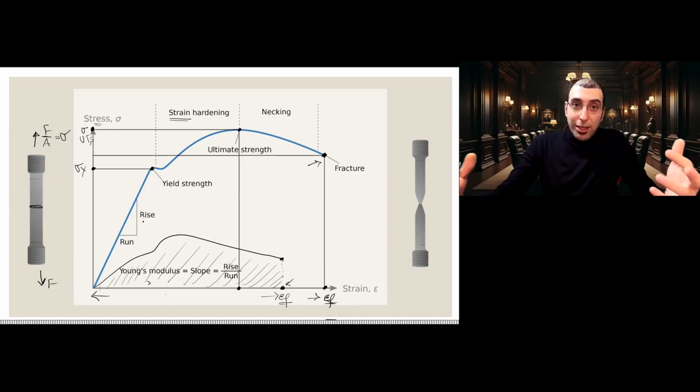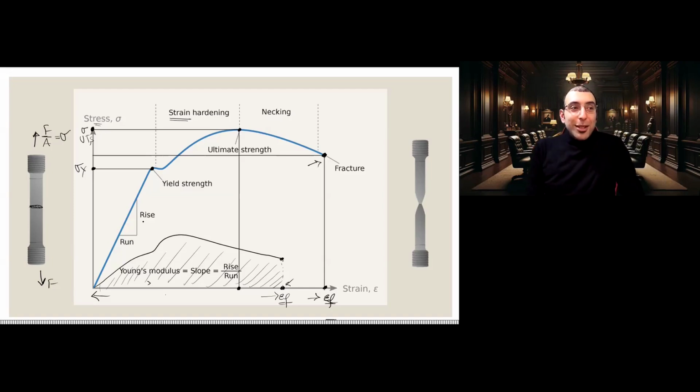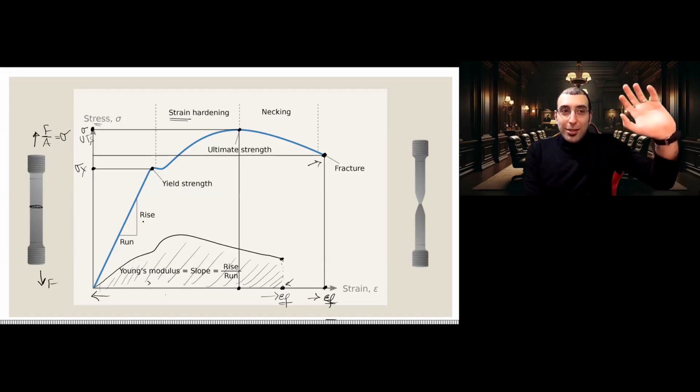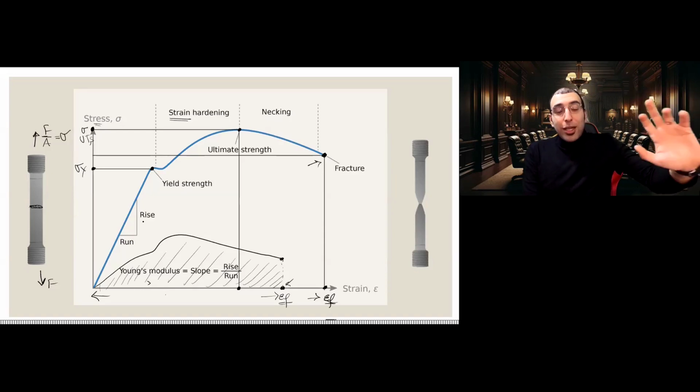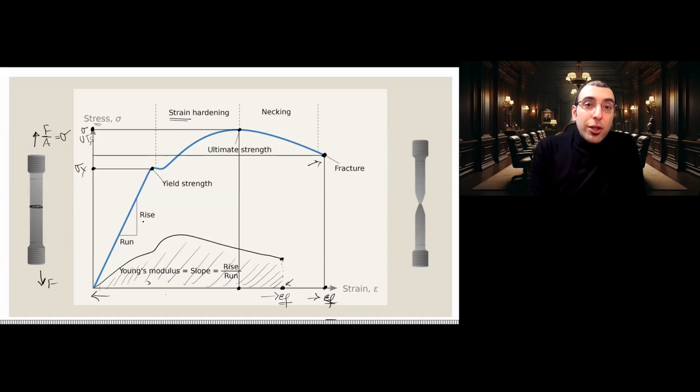So if you understand this, you can apply it to many things. My students can testify for that, because once you understand this, most of them can now explain the mechanical behavior of alloys and composites just by understanding these basic concepts in elastic and plastic deformation, especially this. So we want to understand why our material becomes stronger from the yield point, the beginning of plastic deformation,